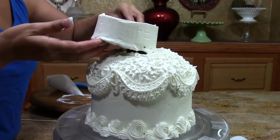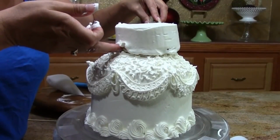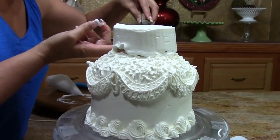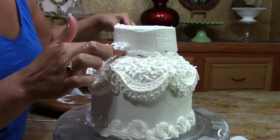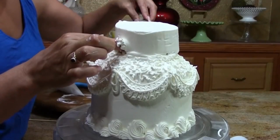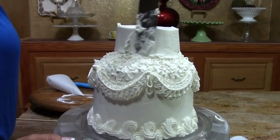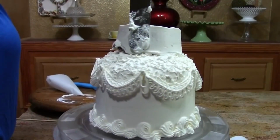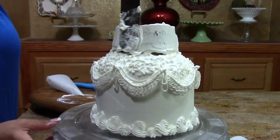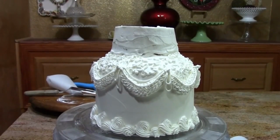Next I have an iced 4-inch round that I'm just going to place right here on the top. Now this is going to be totally covered by our roses, but we have it blocked and we want to get it on there nice and centered. I'm going to come back in and cover the edges. Now this cake does not have a board underneath because it's very, very lightweight, but it will be doweled to keep it in place. Once I'm fairly certain that it is centered,